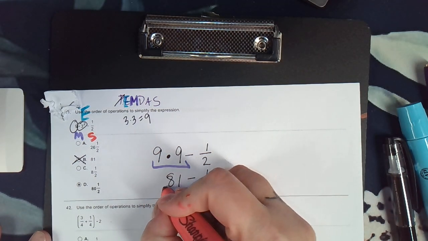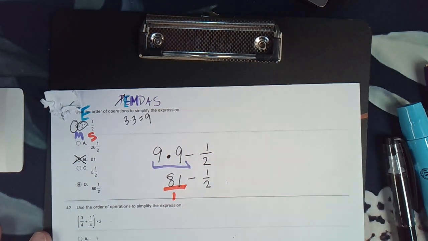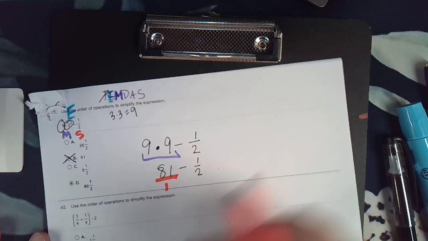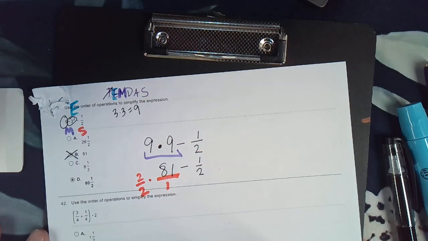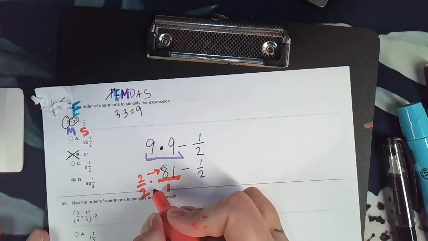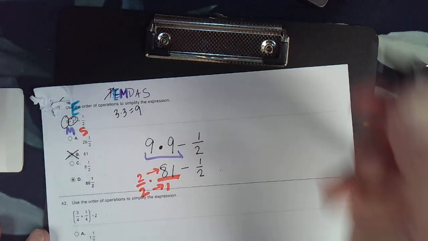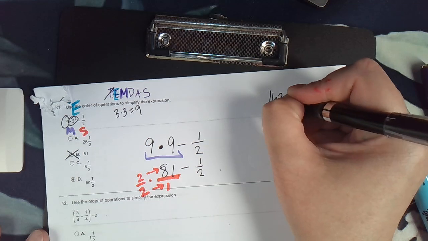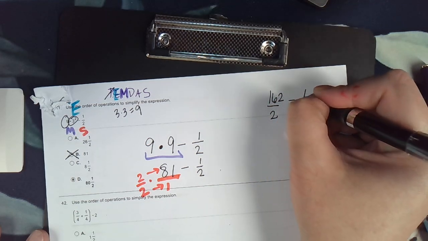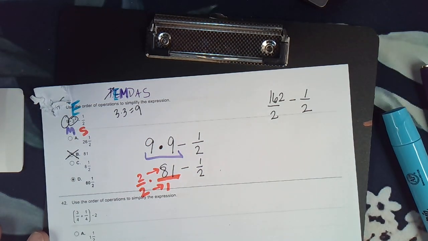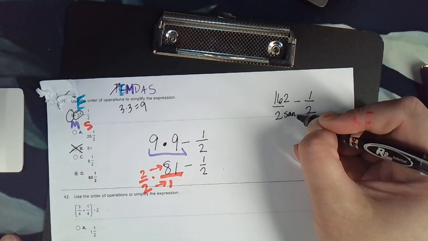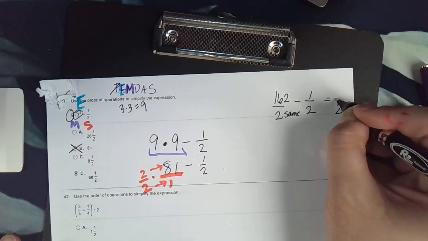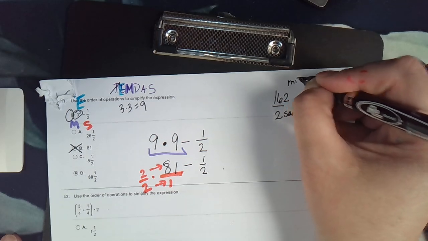What's underneath this 81? There's a 1 underneath. I need it to be a 2, so that my denominators are the same. Multiply by 2 left and right, and we get 162 over 2 minus 1/2. Now that the bottoms are the same, we keep the same bottom, 2, and you minus the tops,